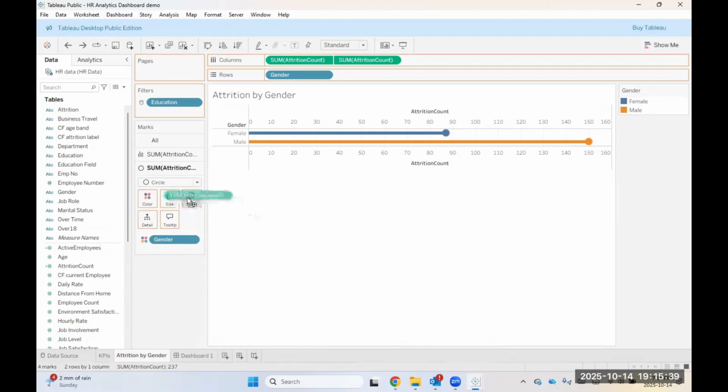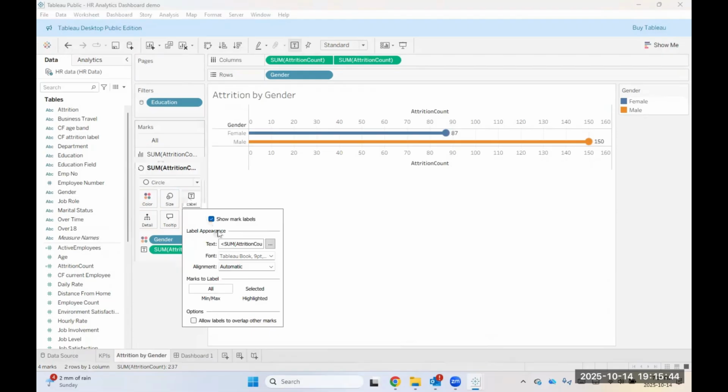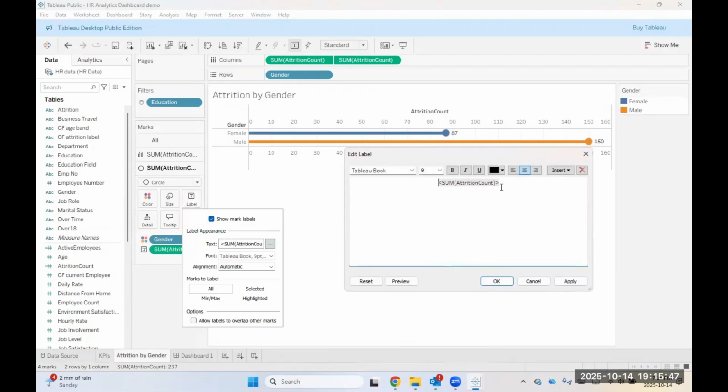So increase and count on the label. Okay, we get the labels here and then we can change the labels a little